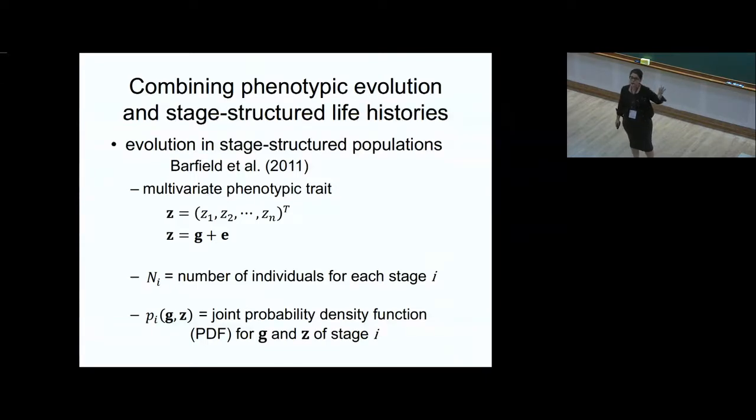So we're going to follow two things in the model, and some of this should be familiar. We're going to follow the number of individuals in each stage, and we know how to do that because we talked about using a transition matrix approach in a few lectures. And we're also going to follow the joint probability density function for genotype and phenotype of each stage. So we imagine that there's a distribution for each stage of the possible phenotypes and genotypes. At the beginning, we're going to be agnostic as to what that distribution looks like, and later we'll make some assumptions. So we're going to develop recursions for these two things.